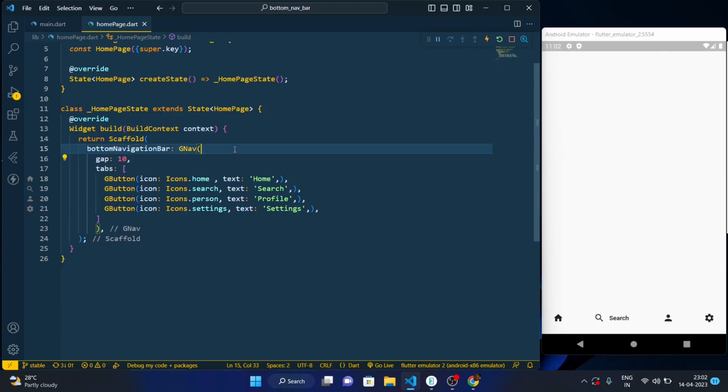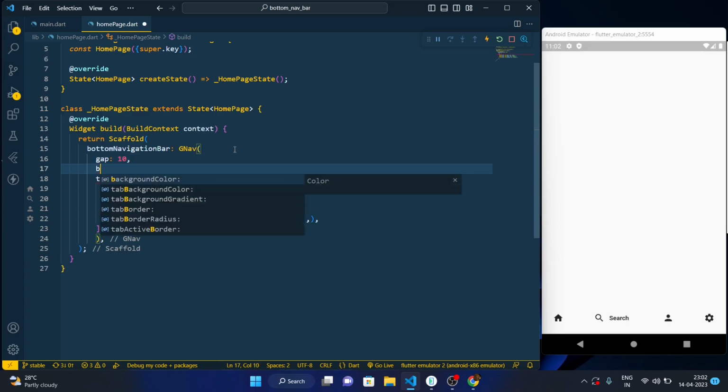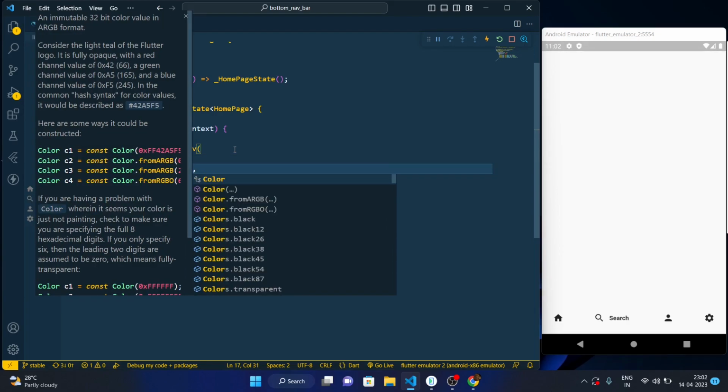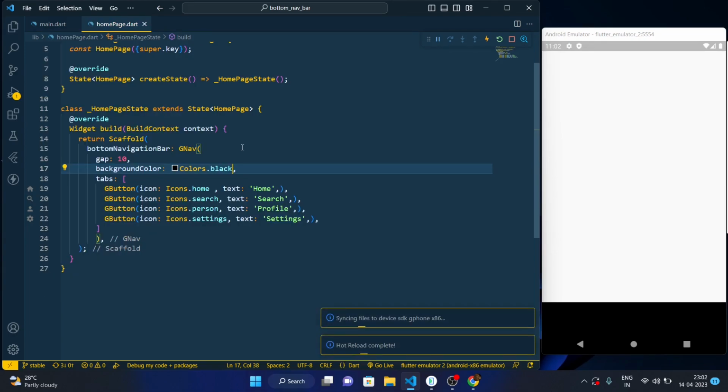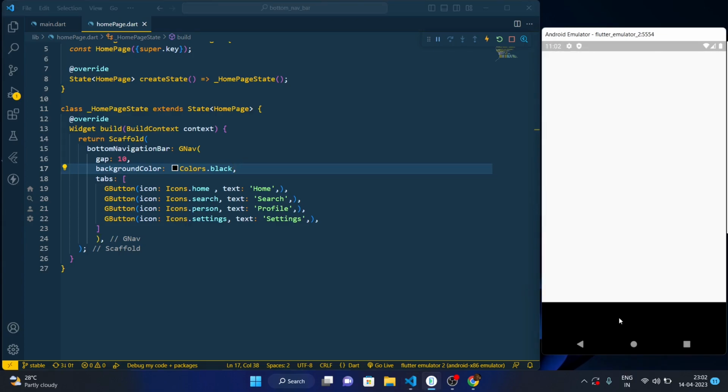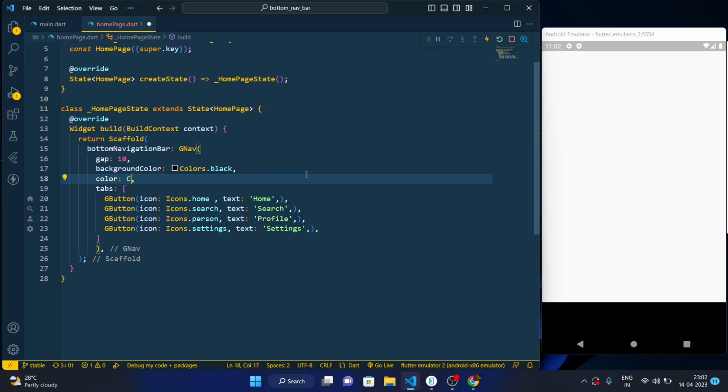Cool. We can also add a background color to it, so I will go with background color, and we can go with Colors.black maybe. If I save it. Alright, it's hiding it or what. Okay, so maybe I can assign a color to the rest, like it could go with white. But here we have a problem, anything which has been selected will go with black maybe, which